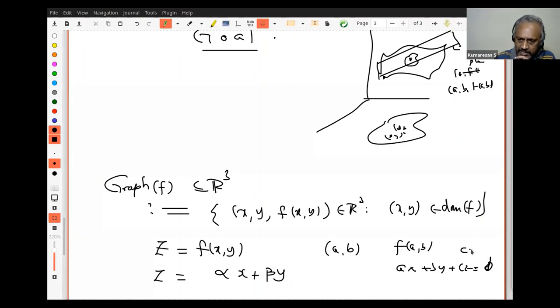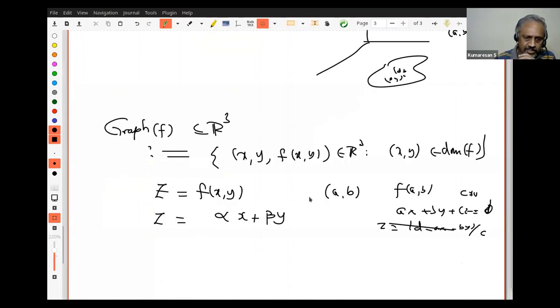Then suppose C is not equal to 0, then I can write this as z = (D − Ax − By)/C. Do you understand that? So I want to write this as z = αx + βy, plus a constant, because there is a D. Let us call it the constant γ. Are you following? Okay. Now this is the plane.